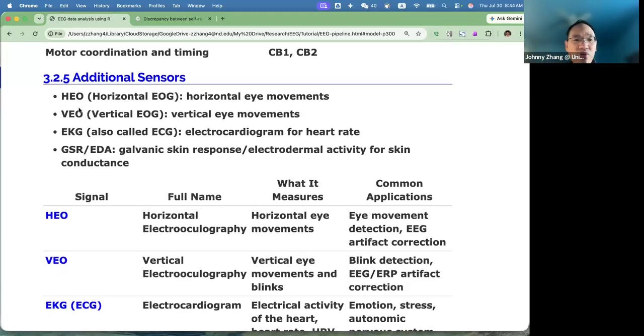Several additional channels, or sensors, were also placed on the participant's head. HEO was used to measure horizontal eye movement, and VEO was used to measure vertical eye movement. EKG was used to measure heart rate, and GSR was used to measure skin conductance. Okay,